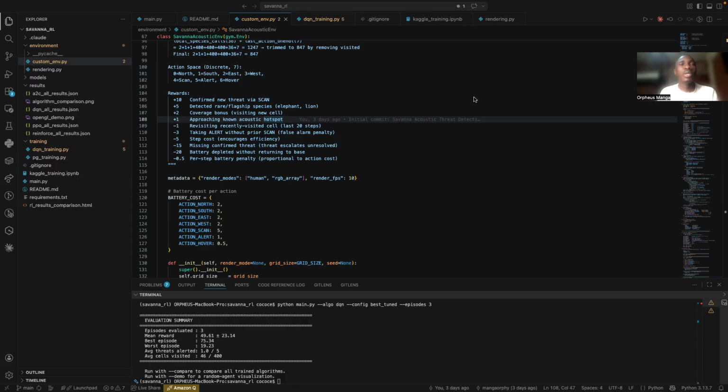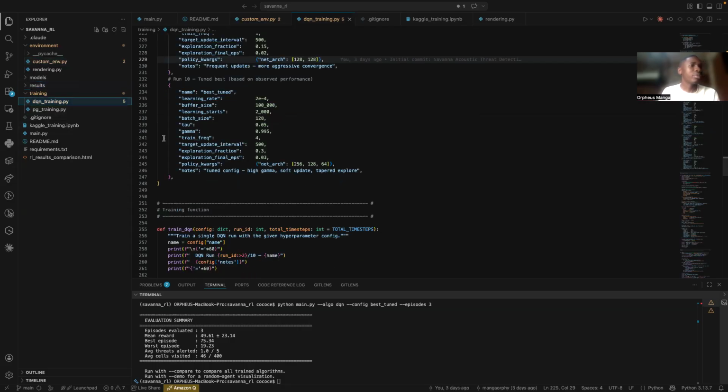Then the best performing model was the DeepQN, which was confirmed by these training parameters. All the models were trained with a buffer size of 100, but what emerged as the best performing model had a gamma of 0.995, which maximizes exploration, making sure that it is able to navigate and find any poaching-related